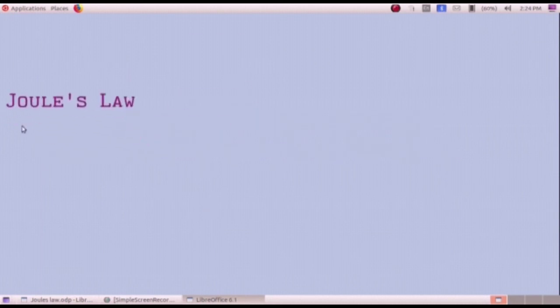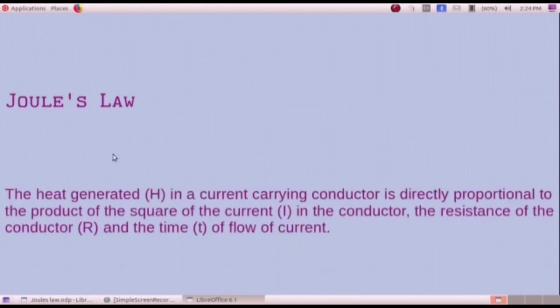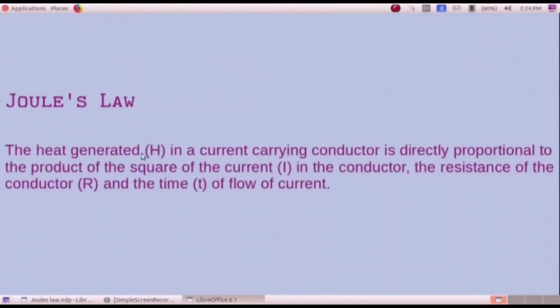Joule's law. The heat generated in a current carrying conductor